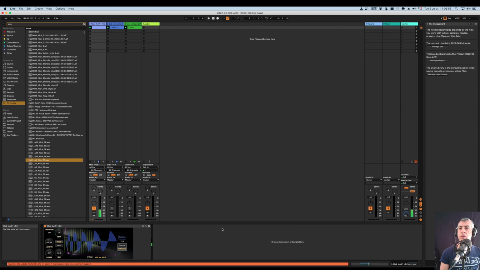But that's fine. So it seems that the buffer is reloaded when loading back the project. Of course, you need to have the sample which is still present in the same folder, because as I told you, it doesn't save the actual sample, just a reference to it. So you need to have access to the same file. But we may have some issue with the size,